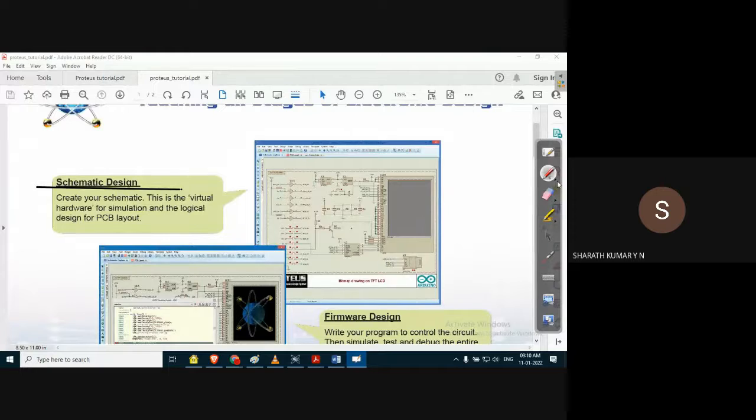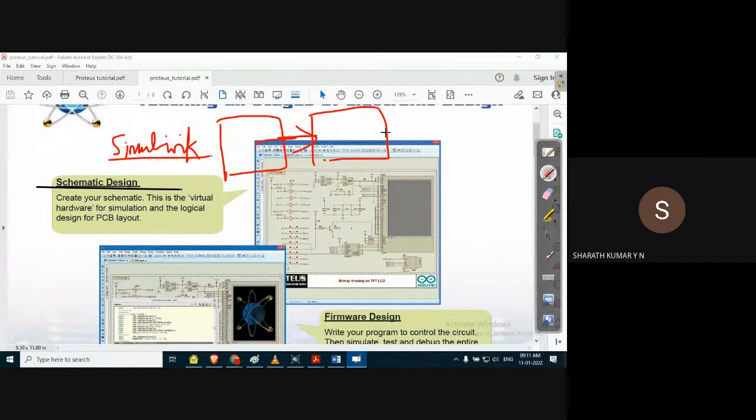If you have used MATLAB software, I guess you have, there we have Simulink. You guys are aware of Simulink. There it is basically a schematic. We take the components, we interface them, and we execute. We simulate and we see the response. So it is a kind of schematic design.